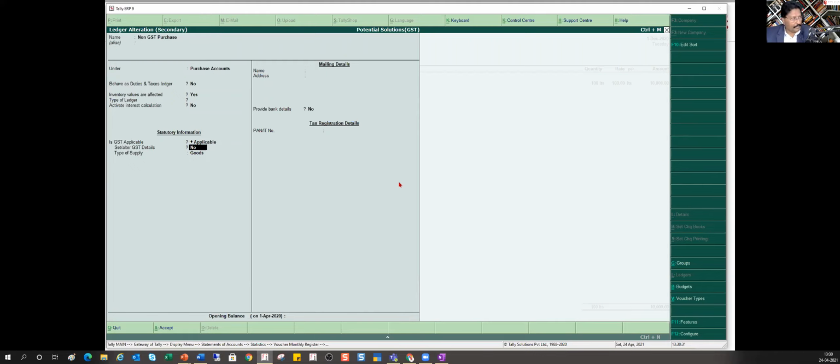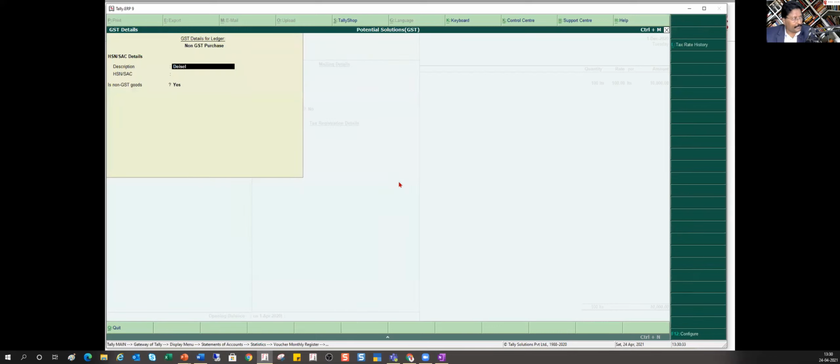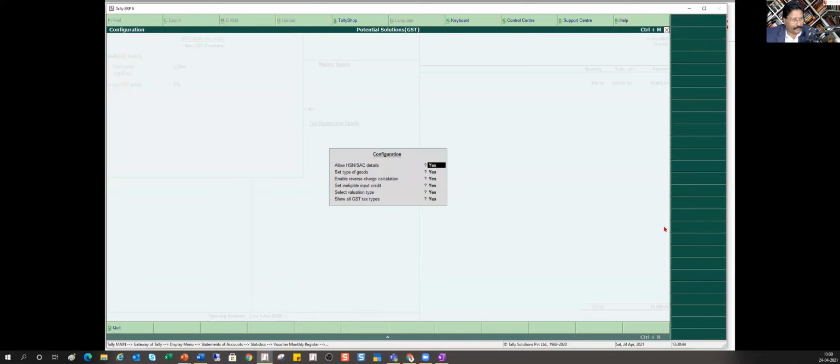So applicable, and then I'm going to say yes here, and this is very important. If this option is not showing for you, go to F12 configuration, and you see set type of goods. The set type of goods should be yes.